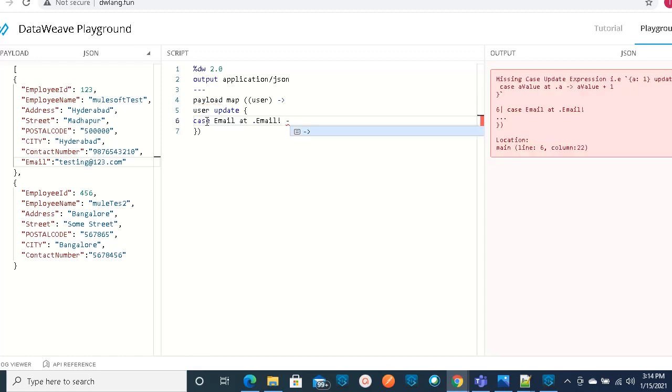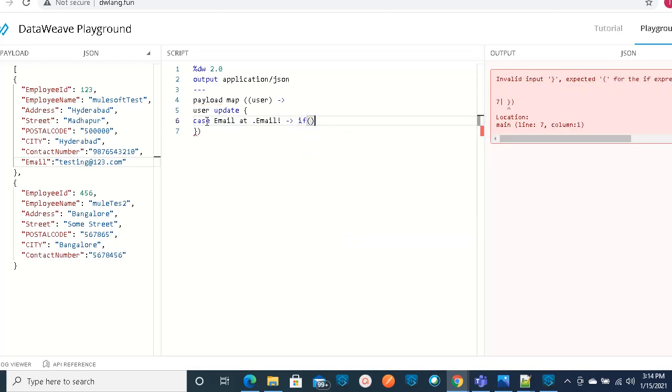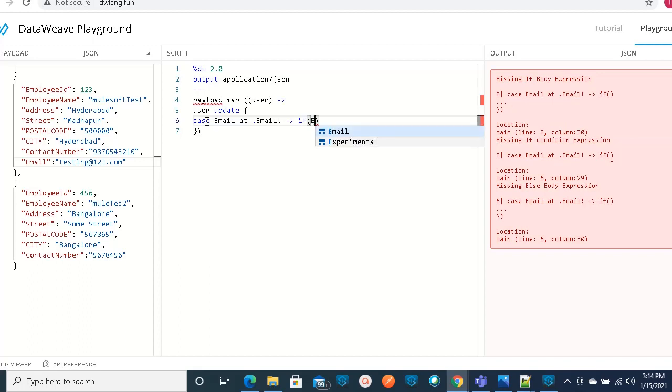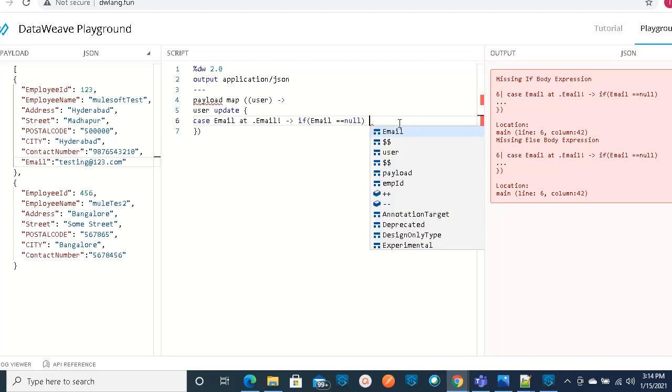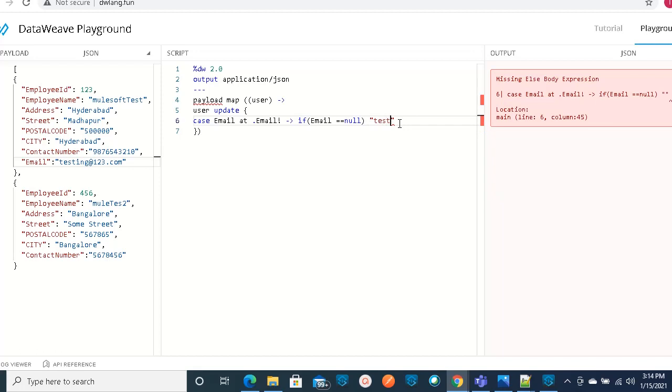So like this, if the email field is not there, now this if condition will execute. If email equal to null, now here I am going to give a new email ID address, testingmulesoft@gmail.com.